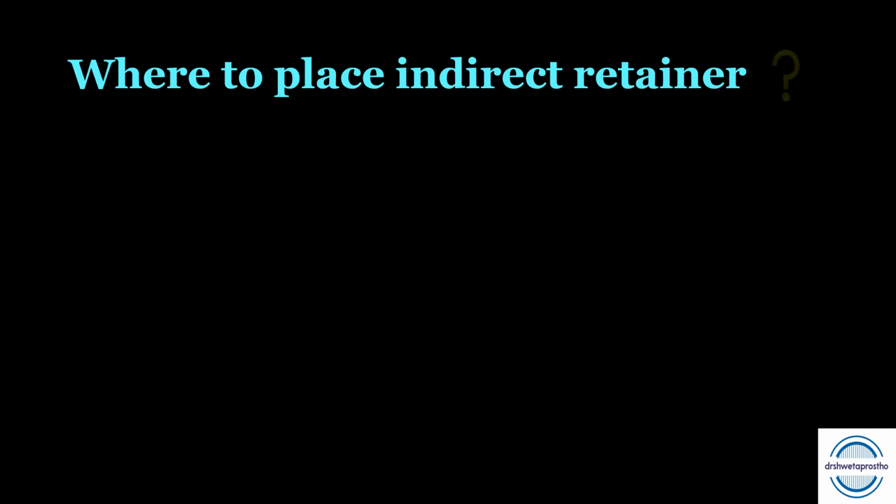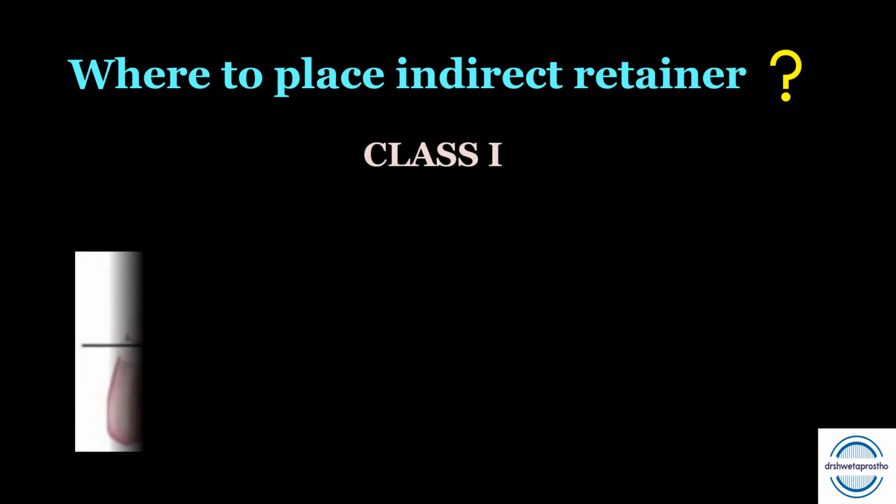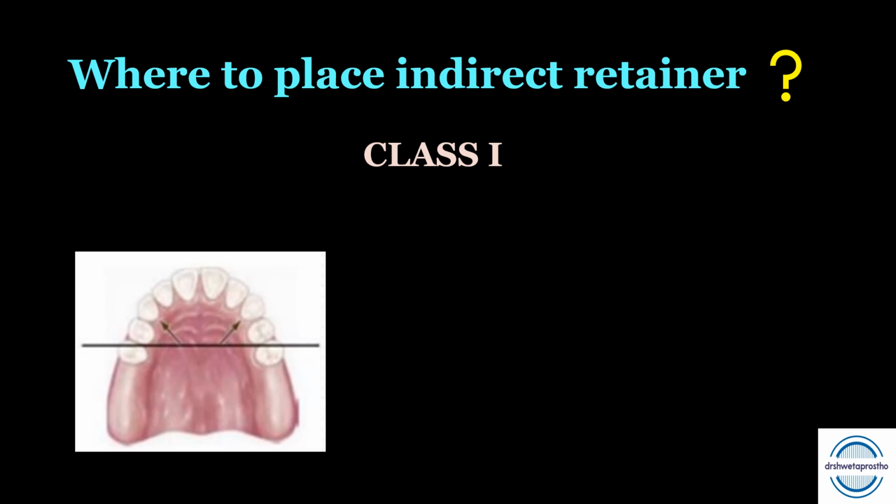Now, where to place the indirect retainers in the clinical cases? We all know that indirect retainers will be placed in the distal extension cases. So let us start with class 1. In the first case, if you see, the fulcrum line passes from the distal occlusal rest. Now the perpendicular from the fulcrum line will pass from the central incisor. But as it is a weak abutment, we will give a bilateral canine rest in this area to compensate the distance which is decreased from the fulcrum line.